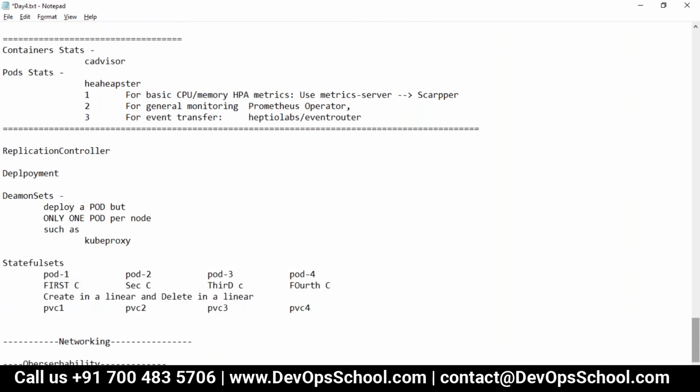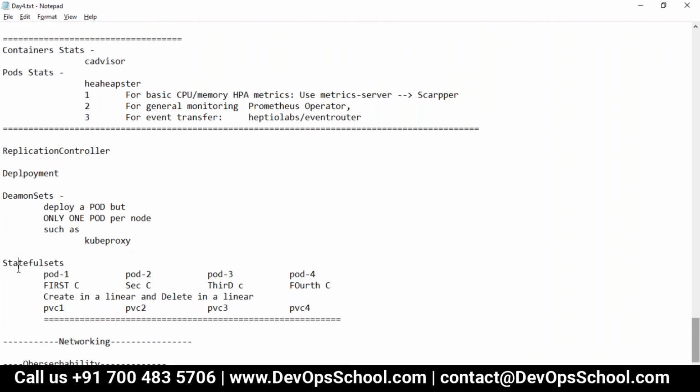Why do we use it? Wherever you have an application which has volumes involved, that means you want the data to be linked to the compute all the time. So this way you can use the StatefulSet.